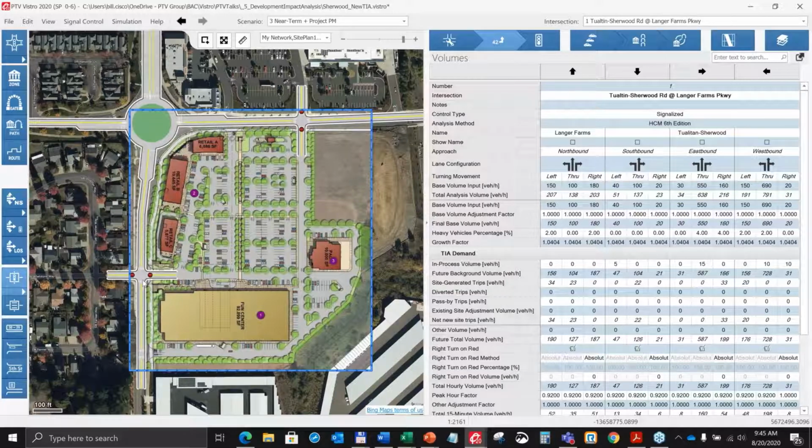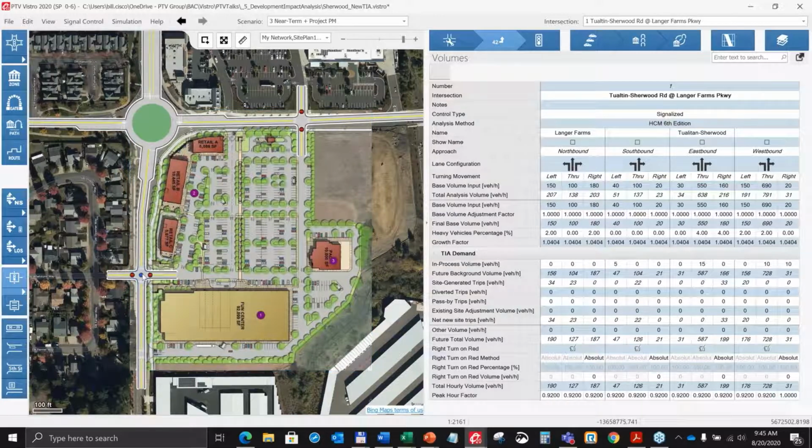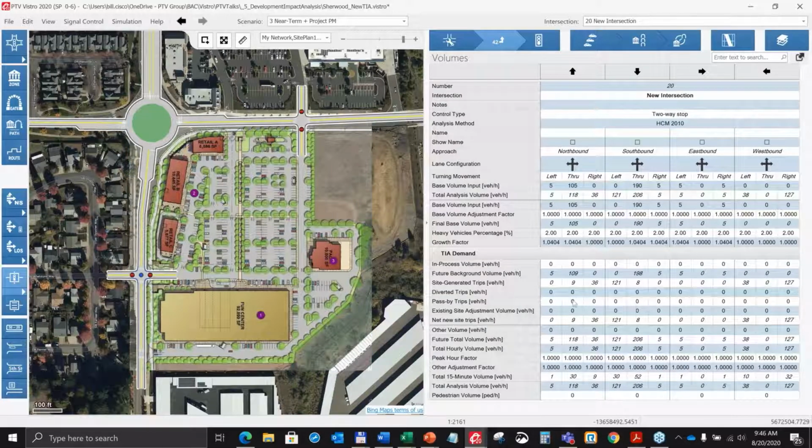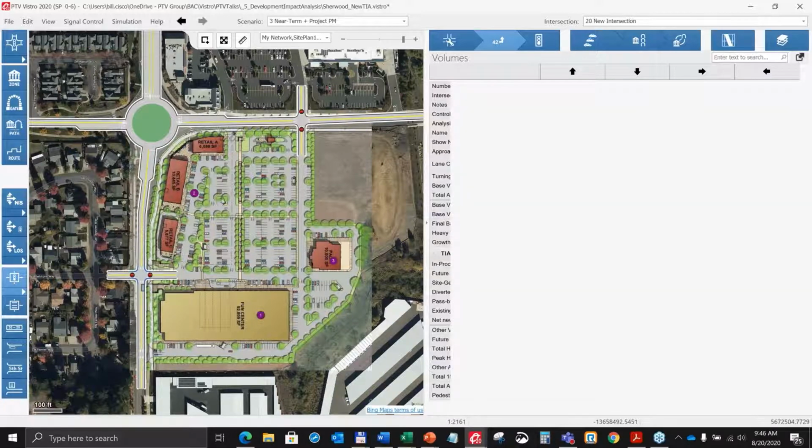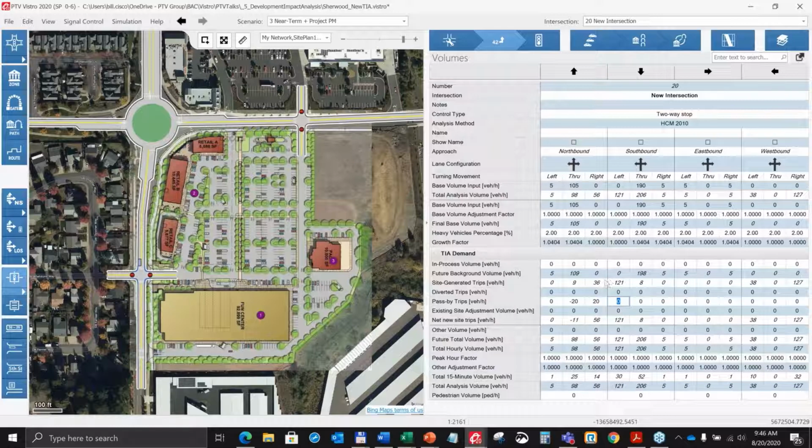And so basically, for instance, if I had 20 trips that were heading north at this project driveway that are now going to come into the driveway, utilize the fast food, and then come back out of the driveway, then I handle that in the Vistro table here, make sure I'm on the right intersection. I handle that, for instance, here by saying that I'm pulling 20 trips from my northbound through, and I'm adding them to my northbound right to bring them into the site. And then likewise, my